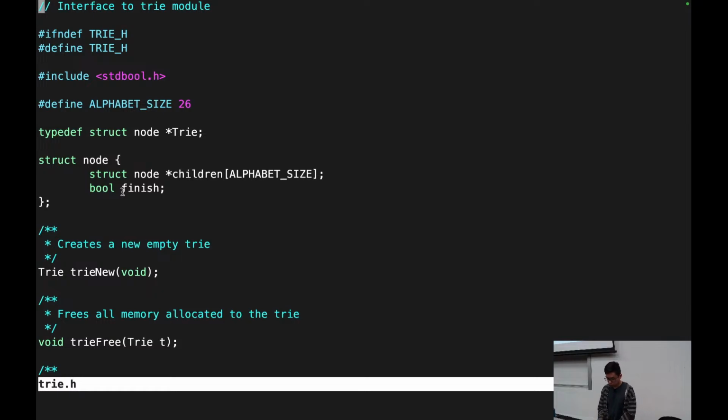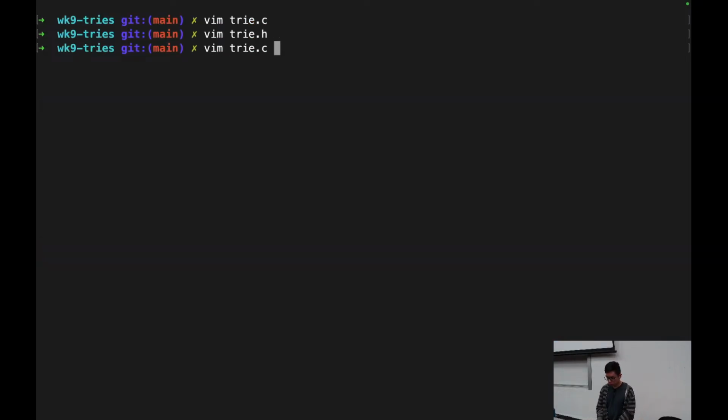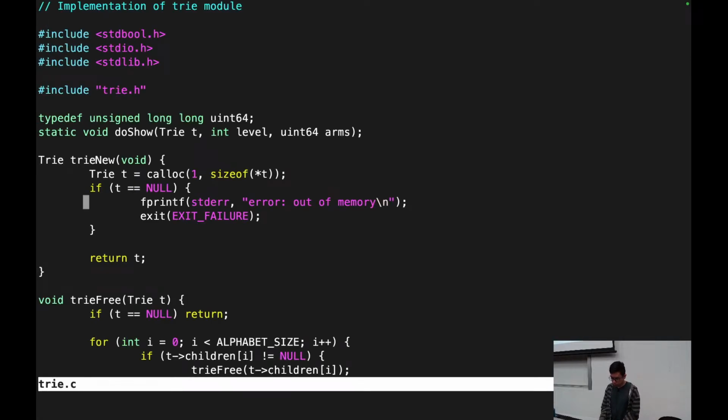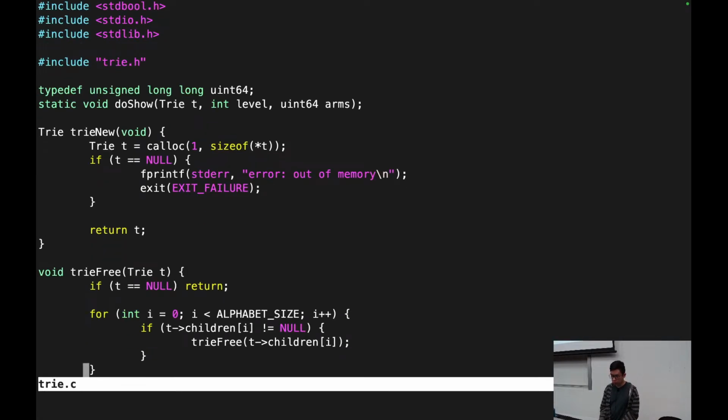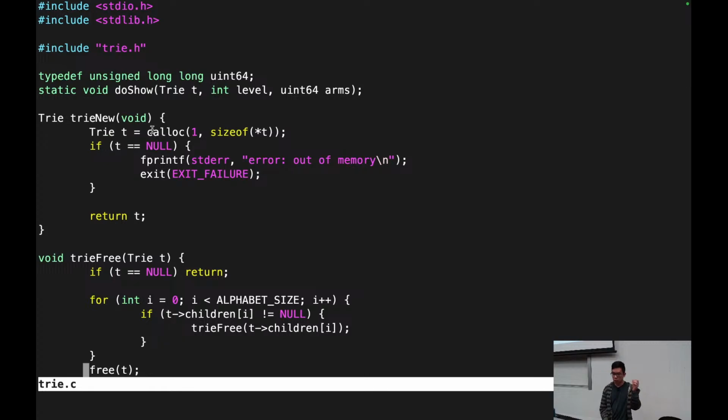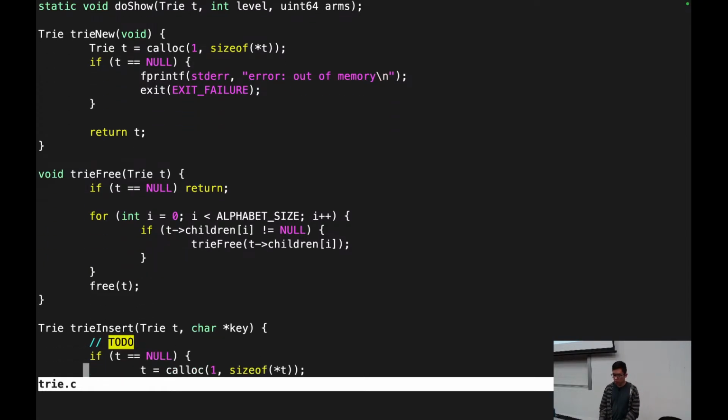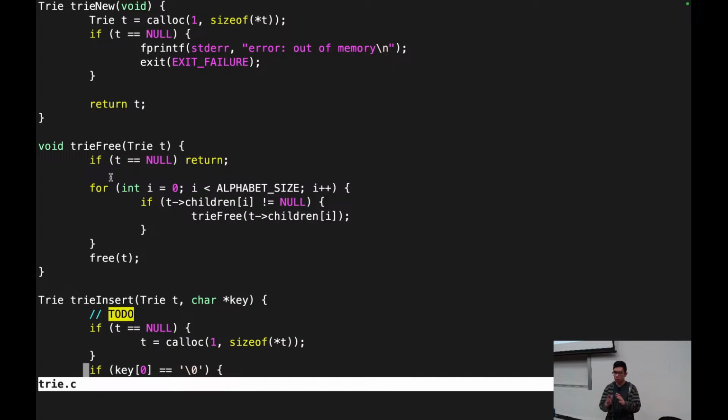Okay. So no data, because data is not really relevant here, but let's look at the rest of this code. So trie new just allocates one trie node and returns it. trie free recursively frees all the nodes in the trie,